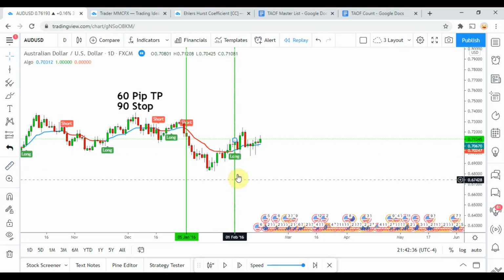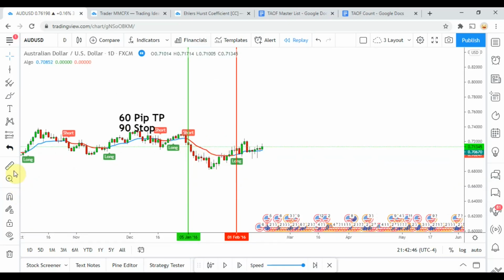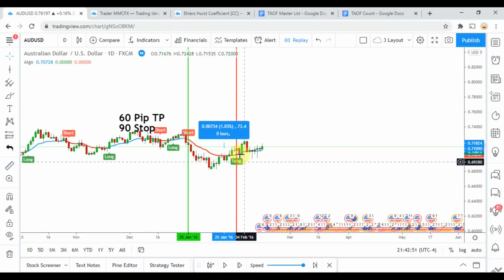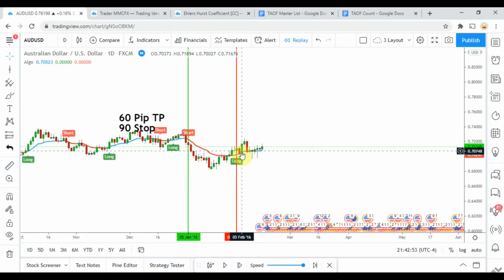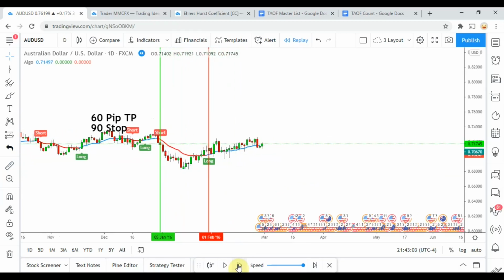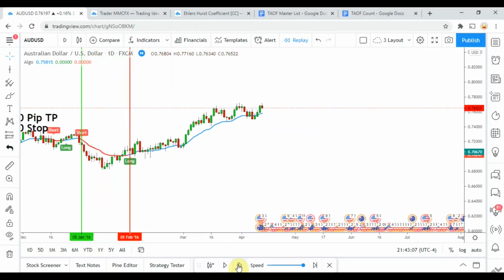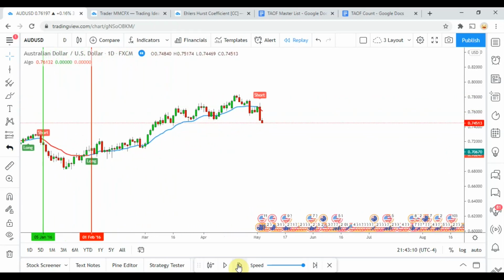And looks like it would have potentially stopped us out. This candle right here is kind of questionable. I don't even think it made it to the 60 pips at the top of that one, though. So, yeah, it would have made it to 60 pips if this candle right here would have went up first, then drawn back, and then maybe back up, but that was highly unlikely. So we're going to call that one as a losing trade. Go ahead and continue on with it here.